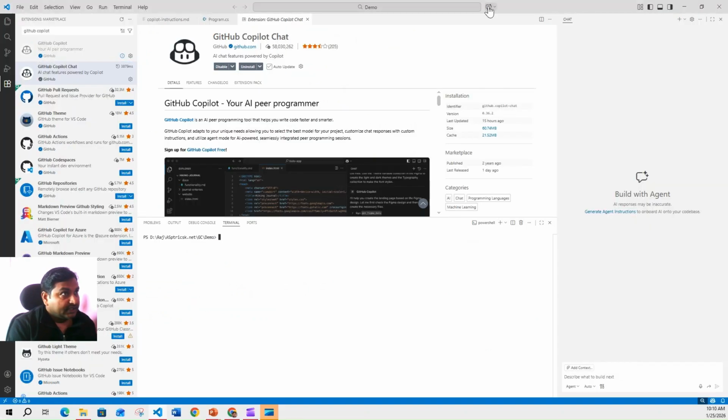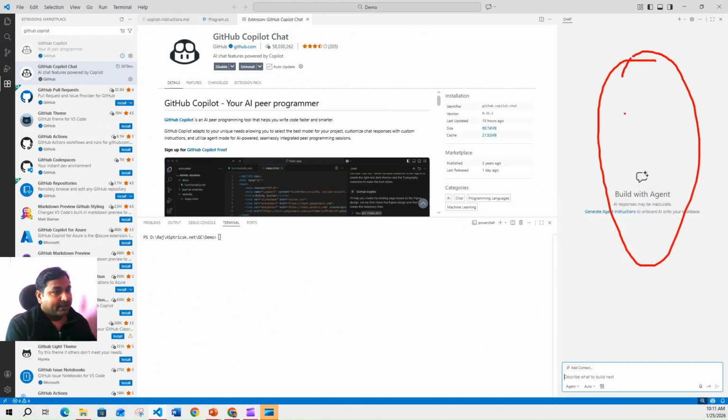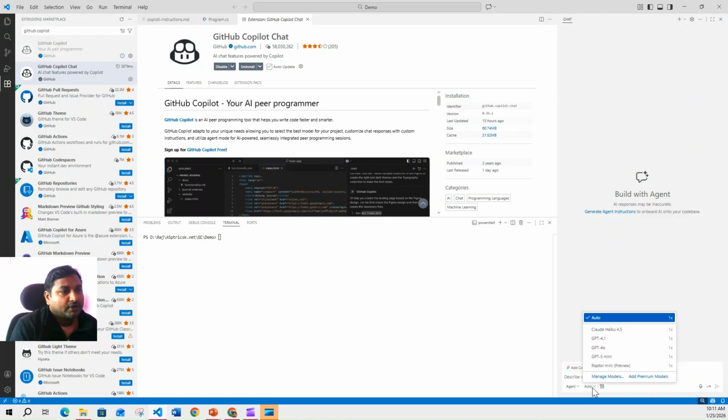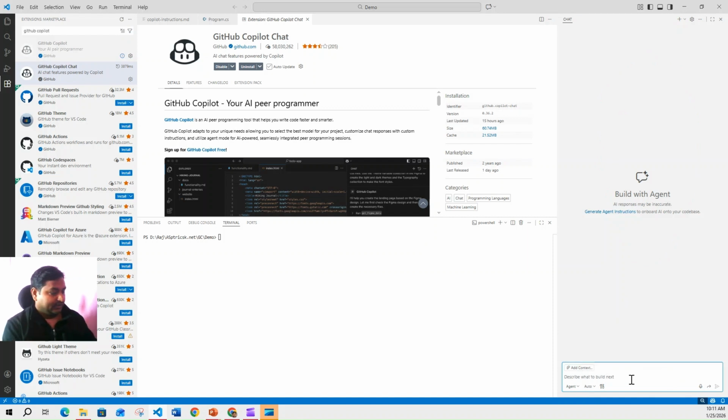Now this is the icon, right? The toggled window which you can see here. This area is actually the GitHub Copilot window where you can do all of your tasks. So it is coming with the various modes like the agent, ask, and plan mode. You can see if we talk about the models, it has a wide range of support. Very quickly, let's see how efficiently it can provide the suggestions and what kind of work it can do